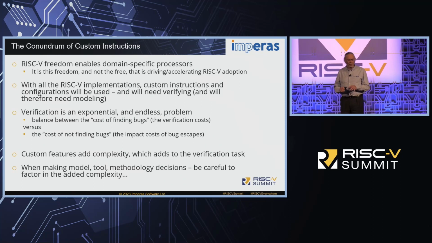So just to wrap up here, this freedom that we have with RISC-V is phenomenal. It's changing everything, but it's not free. People want it because of the freedom, but there's costs to that. And the costs are that you've got to have better technology to help you design it, ensure it's going to work, that it's verified. And one of the challenges with verification is it's sort of an endless problem. There's the verification costs of finding the bugs, but actually there's the impact cost of the bug escapes, because if you haven't found the bugs. So there's a lot of challenges still to come.